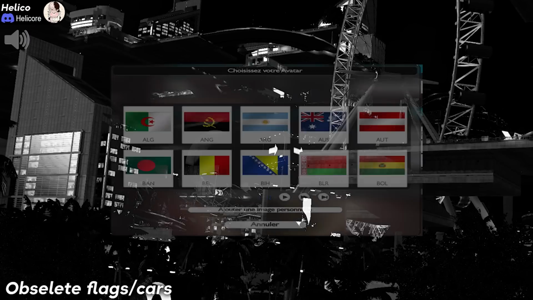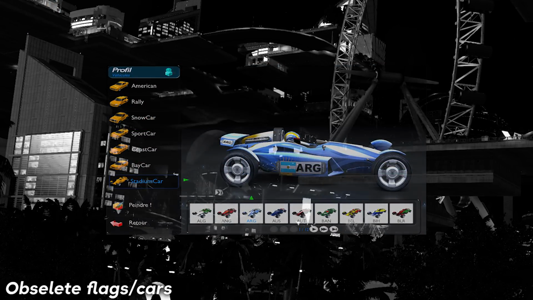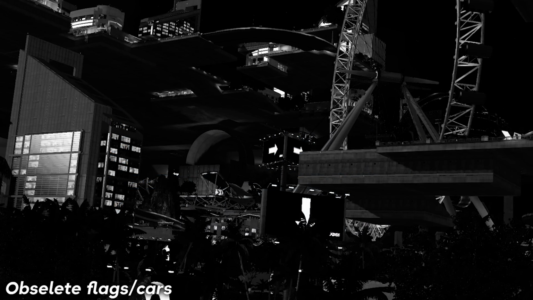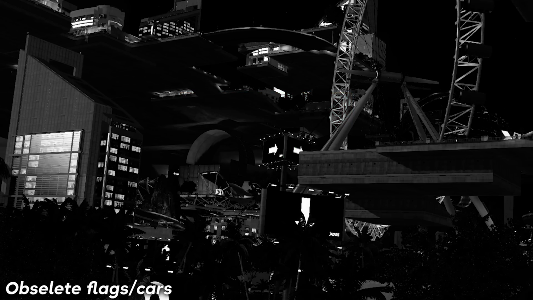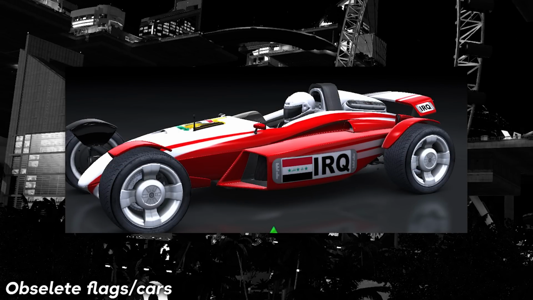Obsolete flags and cars. The flags of countries, and thus their custom cars in Stadium, are not updated. This can show old or obsolete flags for particular countries. One example of this is the flag of Iraq in Nations Forever. The flag changed 3 months before the release of the game, and as a result the new flag appears in the menus. Weirdly though, this change was not extended to the country's car, making you unable to drive with the